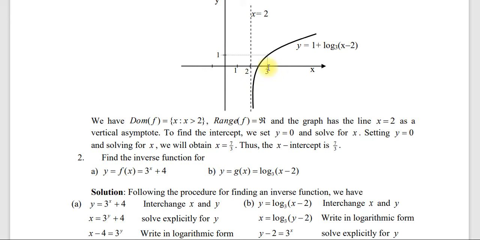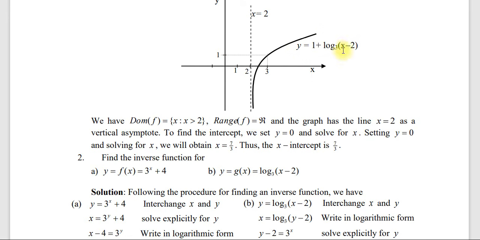ኦኬ እዚች ፖይንት ላይ እንዴት ነው የመጣው አሰራሩ? ለዚህ 0 ተካላችሁ፣ 1 ወደዚህ ስታመጧት -1 ይመጣል። -1 log x minus 2 in base 3 which is equal to -1። ያ ማለት 3 the power of -1 which is equal to x minus 2 ታደርጋላችሁ። በቀላሉ መሰራት ይችላል። 3 the power of -1 ማለት 1 over 3 ማለት ነው። 1 over 3 which is equal to x minus 2, then x which is equal to 1 over 3 plus 2 ማለት 7 over 3 ማለት ነው። ባጭሩ በዛ ነው የመጣው፣ ሌላ አዲስ ነገር የለውም።